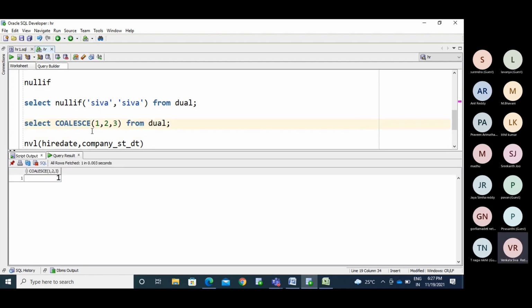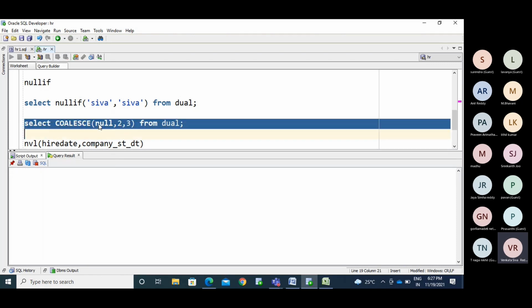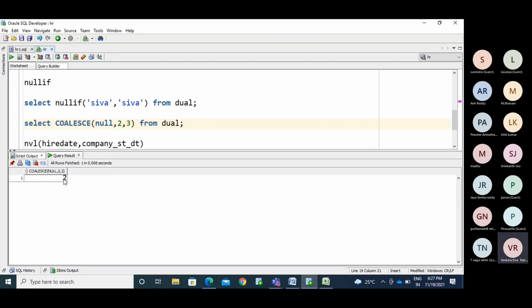So now you are getting the 1. If I pass 10, I'm getting 10. Now I make it null, we are getting 2. Now I make it 72, now I'm getting 72. Now I make it null for this, now I'm getting the 3.